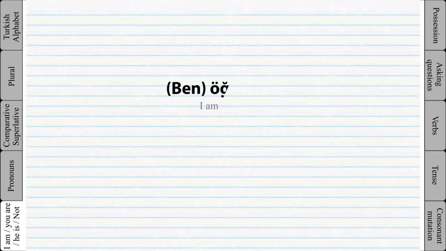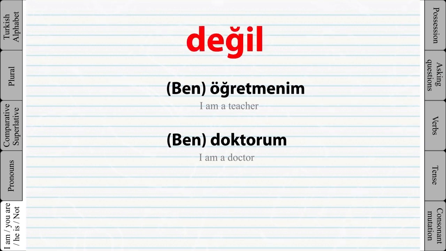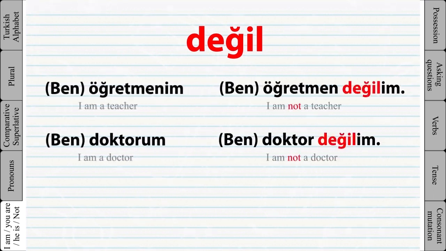We learned how to say I am a student, I am a doctor. Now to say I am not a student or I am not a doctor, we simply add the word değil between the word and the personal ending. Example. And because the last vowel of the word değil is E, and we add all the suffixes after the word değil, they will always be in the same vowel group. For example,